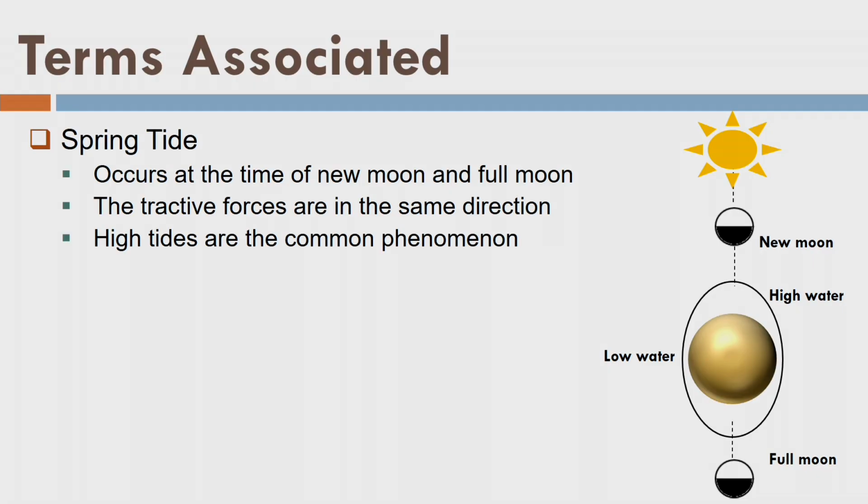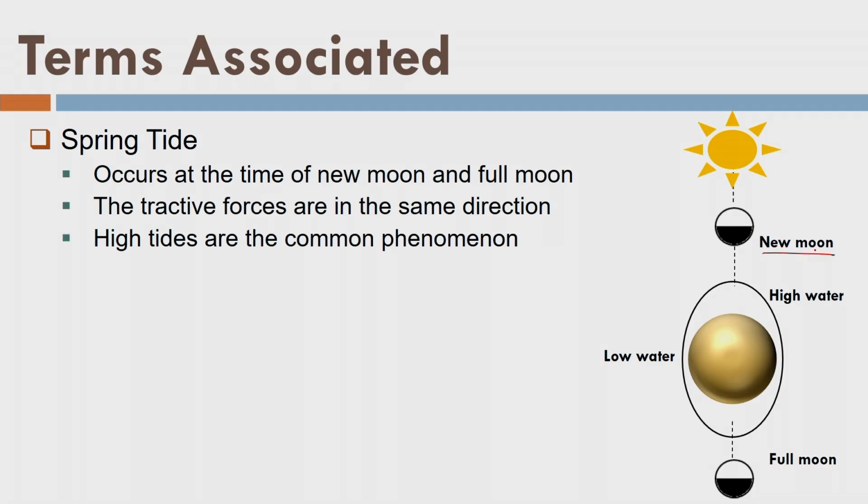The distance is much closer to the earth, and as a result the moon is more effective. However, what if both the moon's and the sun's forces are exerting in the same direction on the surface of the earth? We will experience the highest tides, and that is shown here in this picture on the slide.